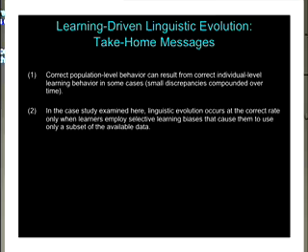And in the case study examined here, it turned out that these two selective learning biases were really, really effective for getting the right kind of trajectory of change. And when we took them away, it didn't, right? So there are other questions of what else we might do to get that right rate of change. But in this case, removing them didn't seem to be a good idea within this framework.